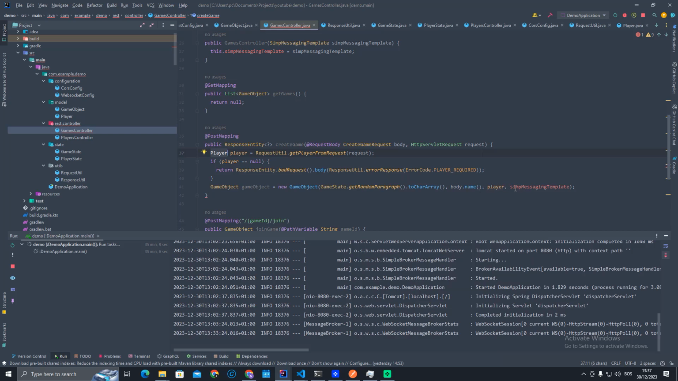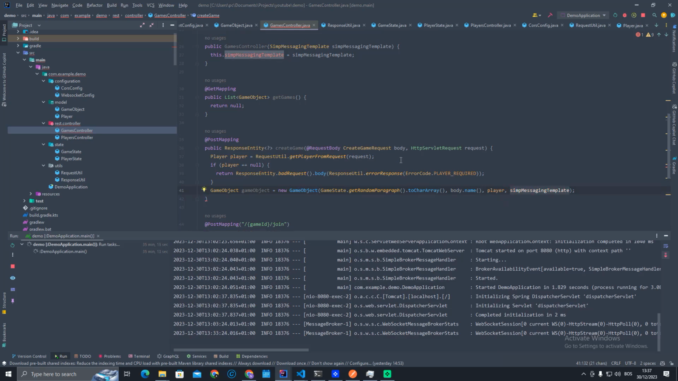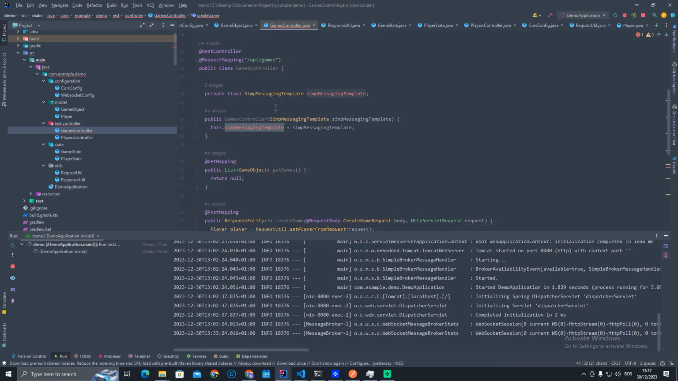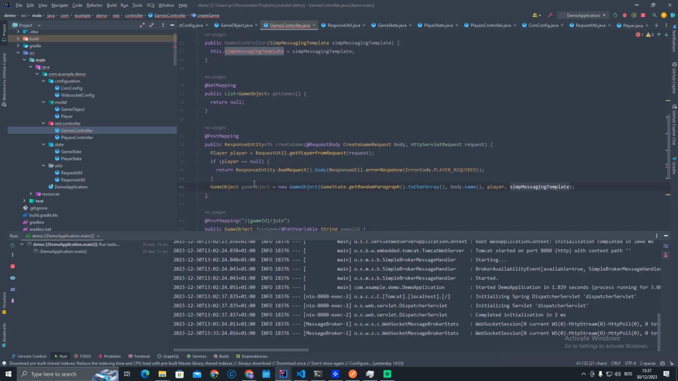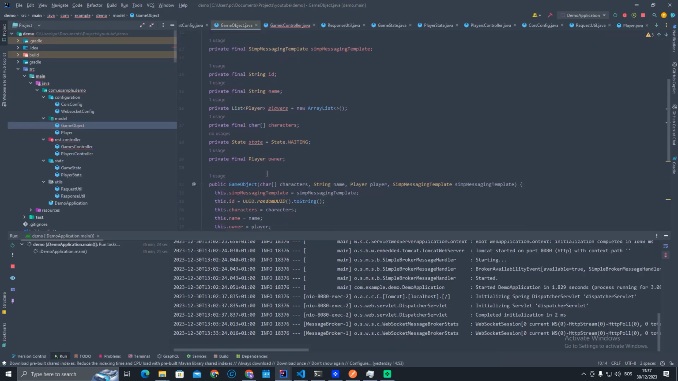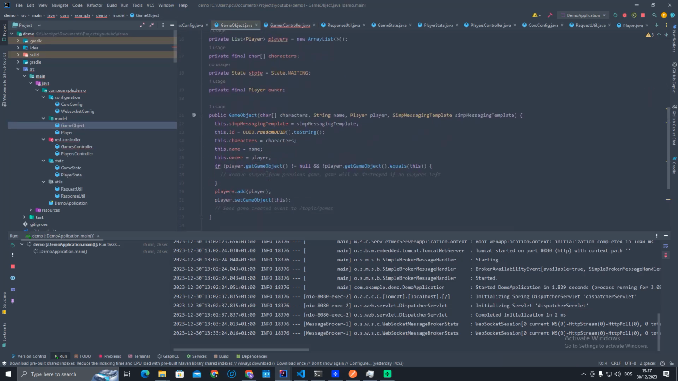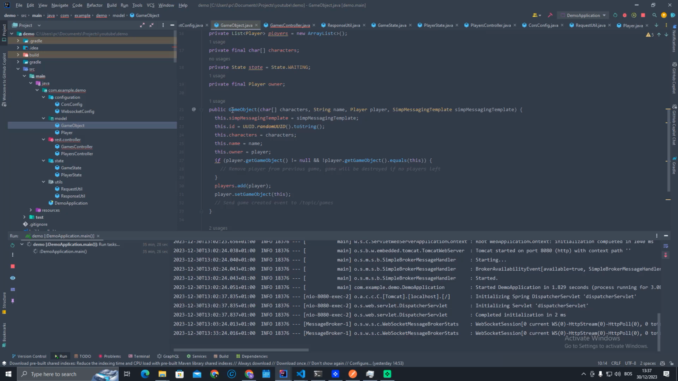And we also had to change this constructor a little bit so we can add this dependency to SimpMessagingTemplate. This template allows us to send messages to topics, and we will see later why this is important. Let's just look at how we changed the constructor here. We are setting just the dependency on SimpMessagingTemplate, and everything else is the same, except we added